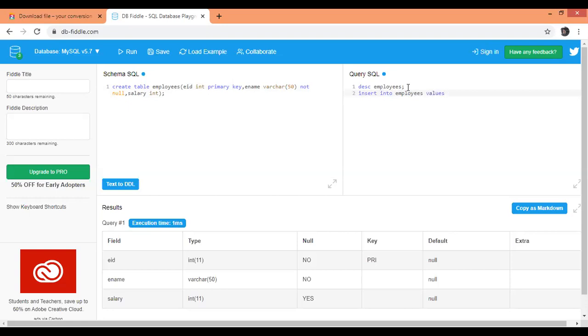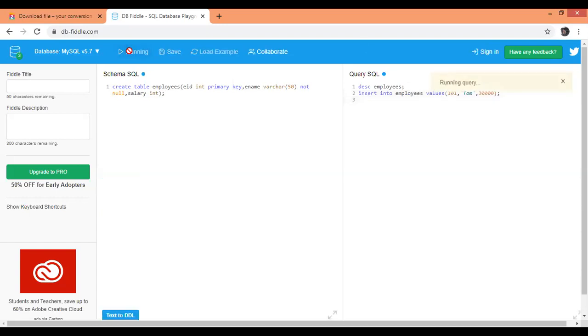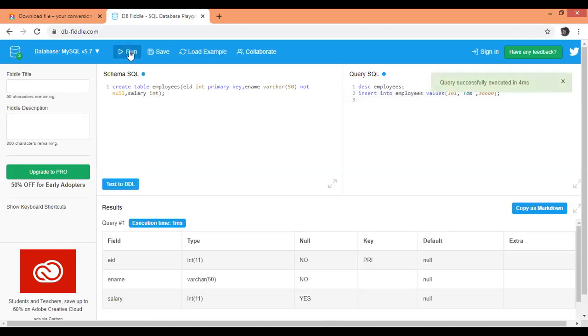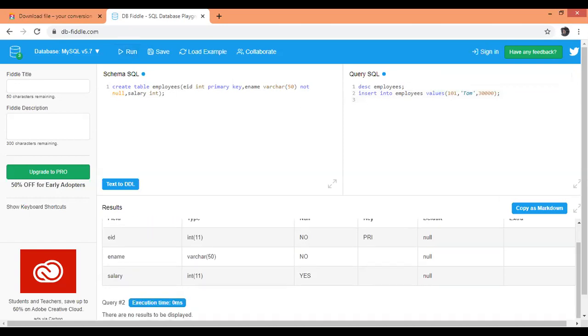Values: the employee ID, suppose 101, name Tom, the salary 10,000. The query is executed successfully, but still you cannot see anything, there are no results to be displayed.